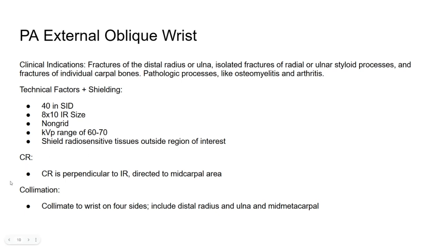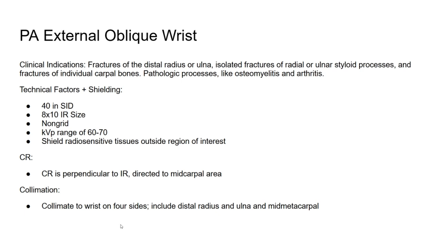For centering, your CR is going to be perpendicular to the image receptor again. You're going to direct that to the midcarpal area, and then you're going to collimate from the distal radius and the distal ulna to the mid metacarpal, at least on the top